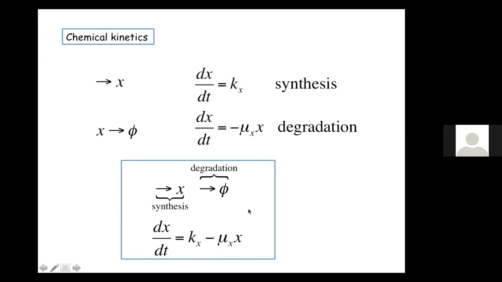So for pure synthesis dynamics, we have a linear solution. These equations are exactly solvable. And for the degradation, the solution is an exponentially decaying function. But when we go for the coupled system, synthesis and degradation, we have a solution which is neither linear nor exponential degradation, but it shows a kinetics which is hyperbolic in nature.